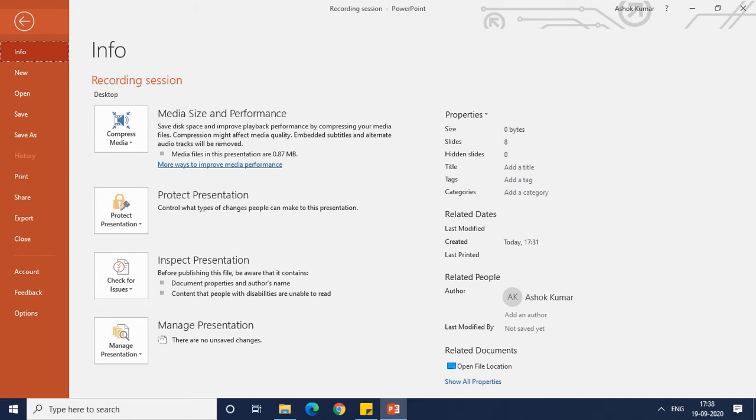Okay, so suppose you have recorded all the slides, and now through the file options, you can go to this screen. So how do you go? You just click the file, and then you reach here. On this page, normally you save your file, or save as your file, or open a new slide. Here you also have an option of export. You need to click the export button to actually export your recorded slides as an MP4 video file.